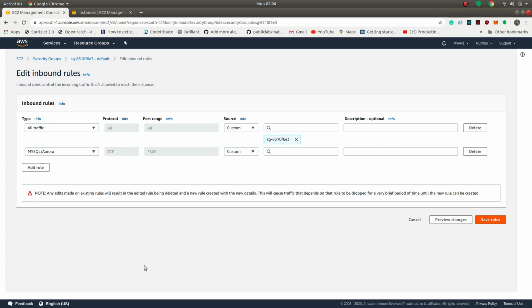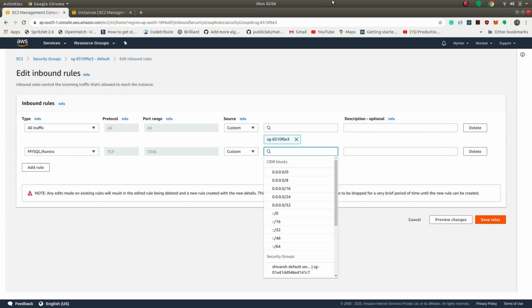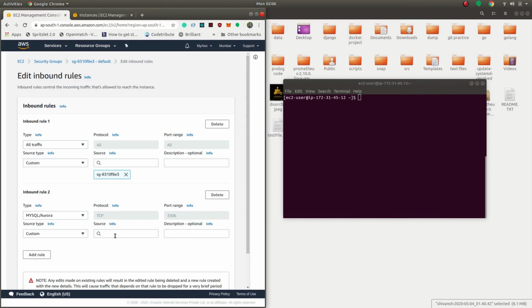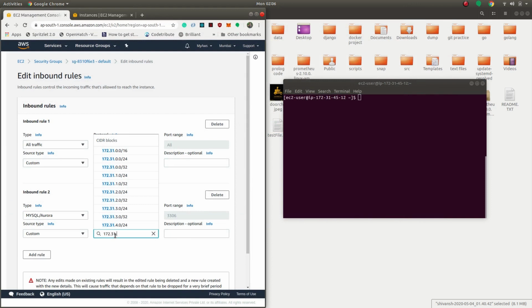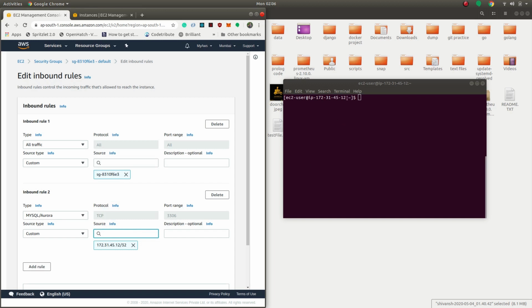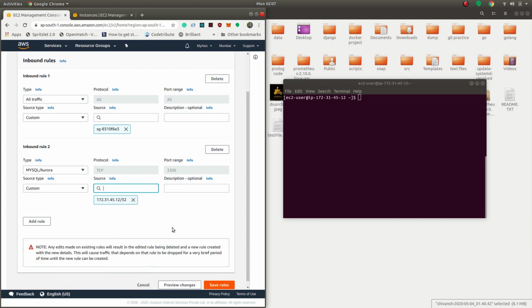Now it will automatically choose the port number, that is 3306, and you can leave it as it is, but the correct setting would be to write your private IP, that is 172.31.45.12/32, which is basically what I have copied from here to here. I'm doing this so that only my EC2 machine can communicate with my database, and no other machine should be able to communicate with our database. This is a kind of security feature that we want to have in our database. After this, save this rule.